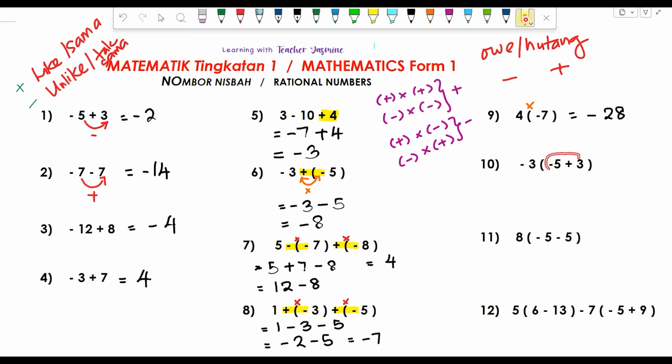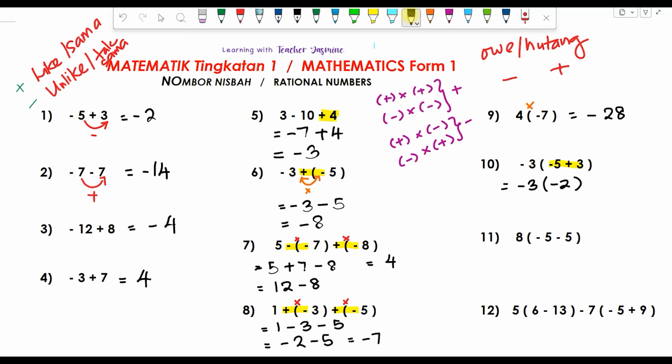Okay. Now you have a bracket, but inside the bracket ni ada benda yang kita boleh selesai. We can solve what is inside the bracket, right? So negative 5 plus 3. What is inside the bracket? You do like what you did here, here, here, here. Nampak tak soalan ni? Sama. Okay. So negative 5 means owing someone 5 ringgit. Positive 3 means you paid them back 3 already. So what do you have with you now? So solve this. Selesaikan yang ni dulu. So yang lain kena buat apa? Negative 3 tu rewrite. So dalam kurungan sekarang jawapan dia negative 2. Yeah? Right? You are still owing the person 2 ringgit.